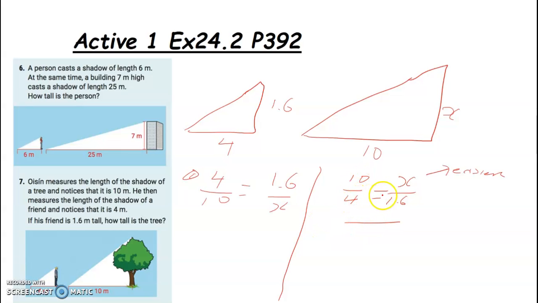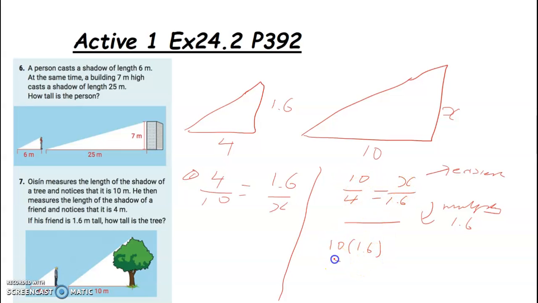So if I have x divided by 4 equals 10 divided by 1.6, I want to get rid of the 1.6 here, because it makes it awkward. So if I'm dividing by 1.6, I can multiply both sides by 1.6. So here I'm going to have 10 times 1.6,